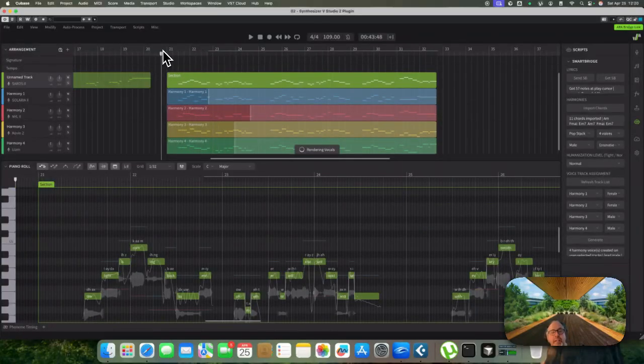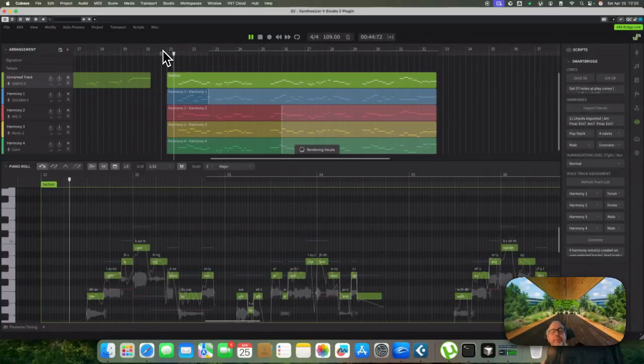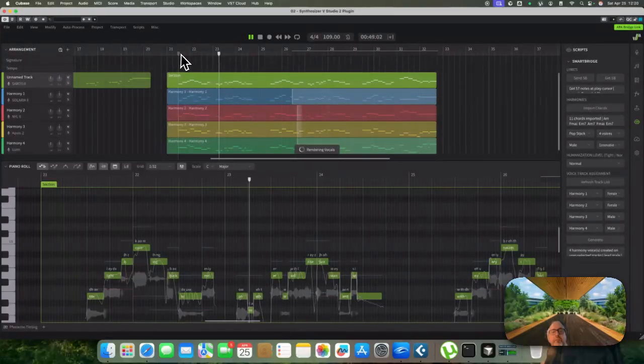Let's try with the pop stack first. The light is coming back to me. All I get, a real rush, just wait and